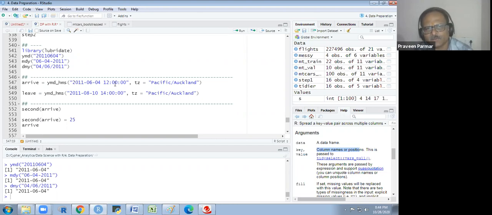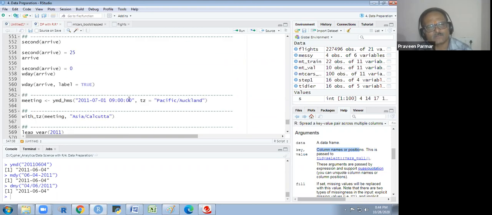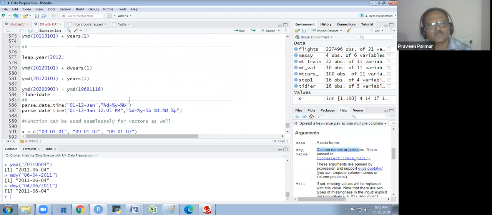So if we have this, first we have to make one vector for that. I must just make a vector, then I could explain that.